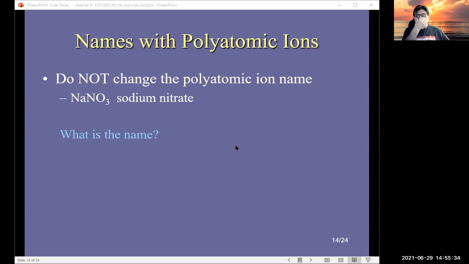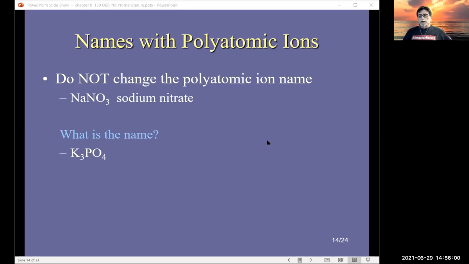Now, polyatomic ions don't change the name. They have their own name. So it is this one, NaNO3. It is nitrate. It would be incorrect to call that nitrogen oxide. That is not the correct name. Okay, so here we have